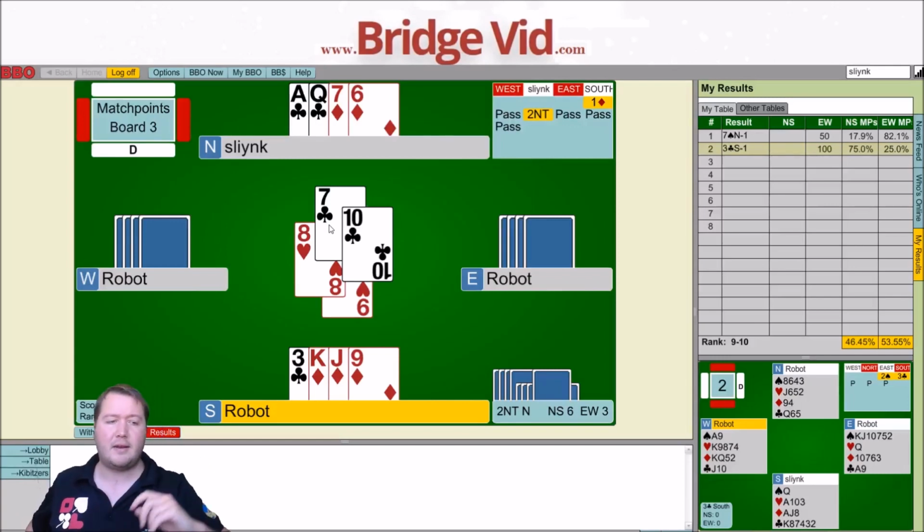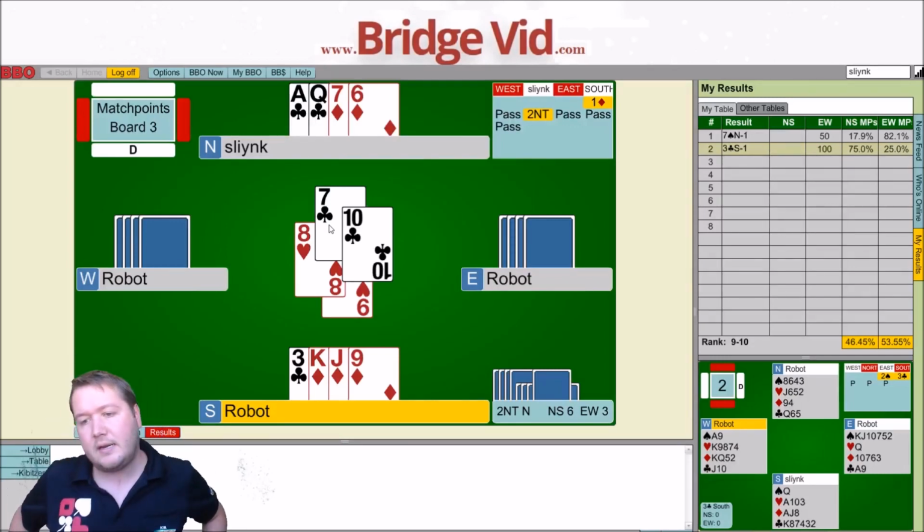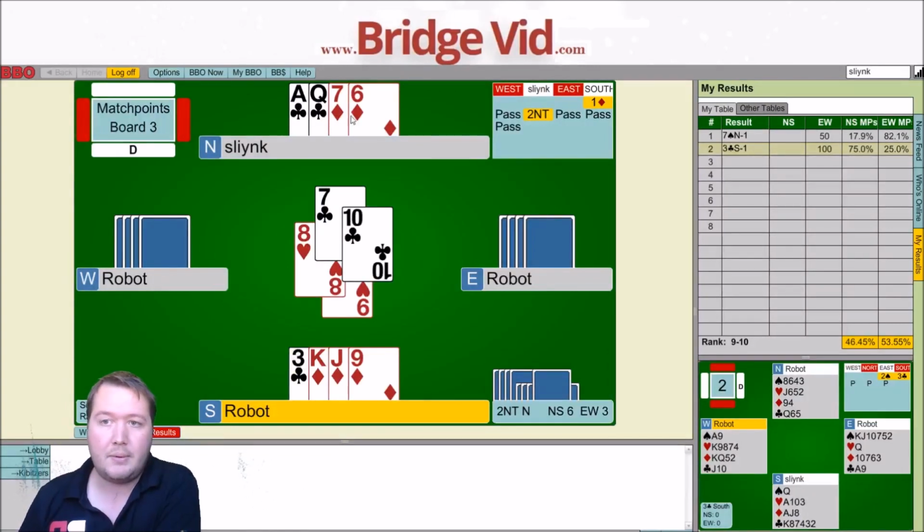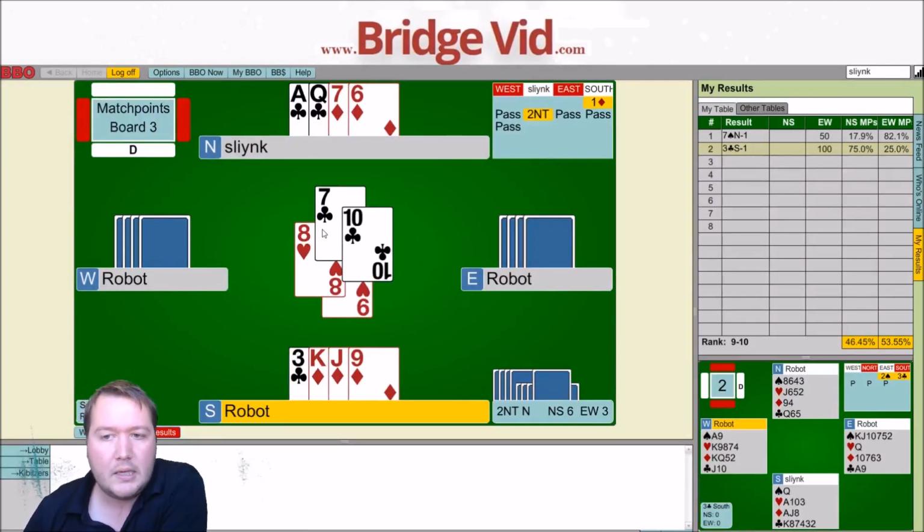Alright, so I'm trying to work out a couple of different options here. If East has the queen of diamonds, then it's right for me to play a club over and a diamond up. If West has a doubleton queen of diamonds, I want to cash the king of diamonds, then cross to the ace of clubs, and then lay the diamond up. And if West has the queen of diamonds to 3,